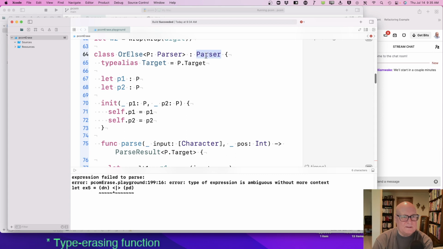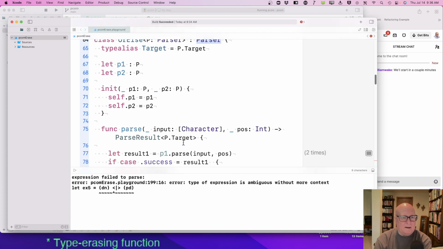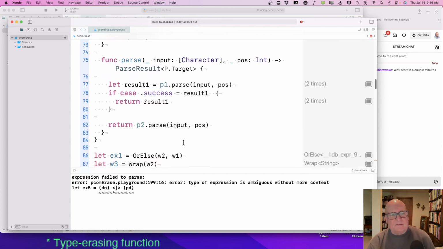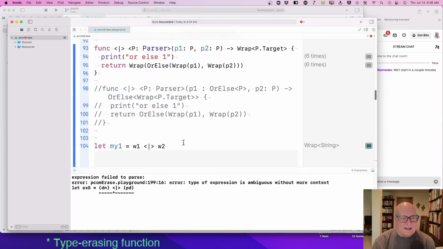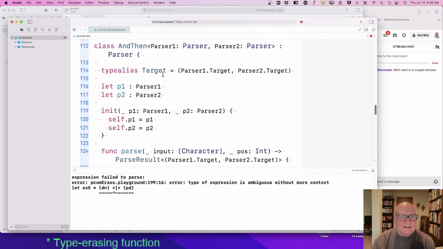It's a parser. I feel like I'm close to something. Okay, so we had our and then. It has these two types. Okay. But I want to say,